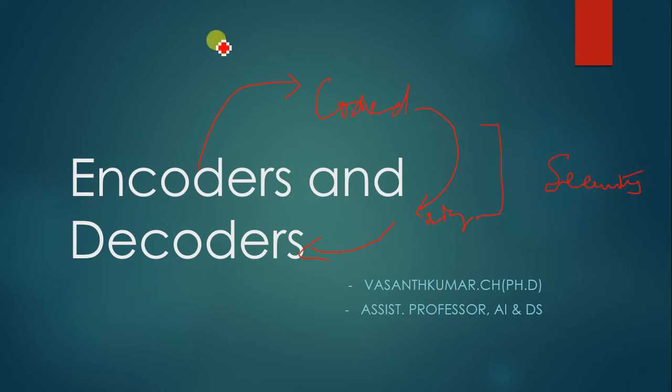They are used for security purposes, especially when you have a point A from which you want to transmit some information which has to be secured. Whatever the information, it should be in a coded form. This coded form is transmitted, and let us say this is the transmitter end and this is the receiver end, B. At the receiver end it will be decoded. Encoding is basically converting your data or information into a coded form, and at the receiver end it will decode. Decoding means getting back the original information.